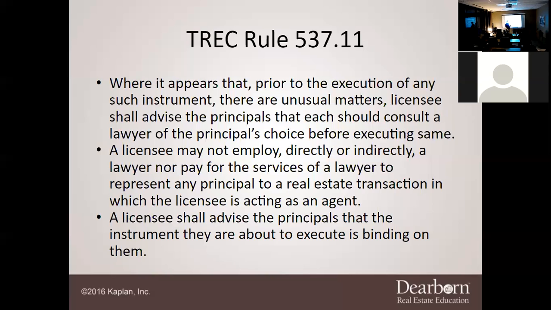But there will come a point in time that the broker doesn't know what to do. Been there, done that before. If an agent, say Darren, walks into my office and says, hey, Justin, there's this most unique situation, what do I do?